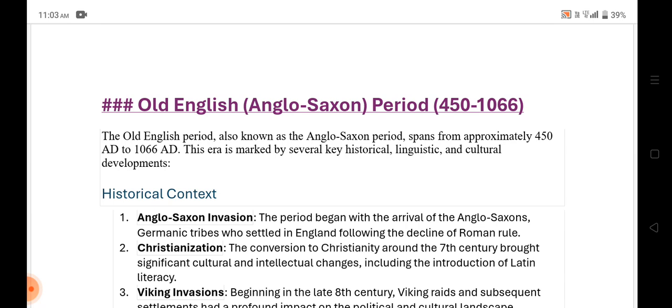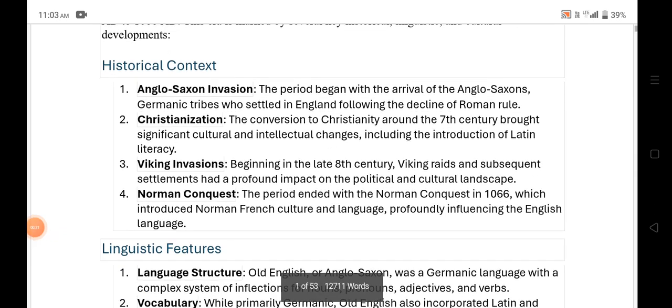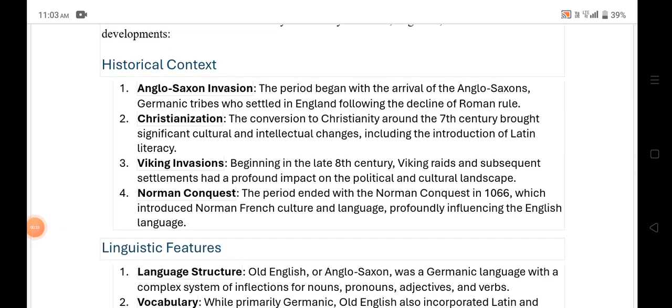This era is marked by several key historical, linguistic and cultural developments. Historical contexts are the Anglo-Saxon Invasion. The period began with the arrival of Anglo-Saxon Germanic tribes who settled in England following the decline of Roman rule. Then Christianization, the conversion to Christianity around the 7th century, brought significant cultural and intellectual changes, including the introduction of